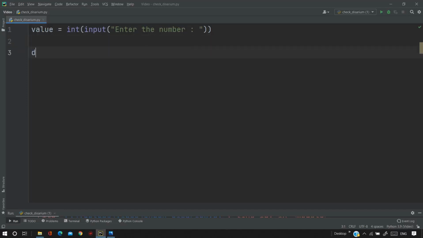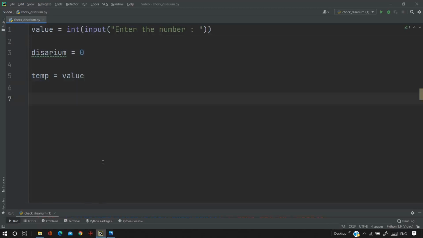Here we have to create a variable desarium and initialize it with 0, because it will store the value that comes after the calculation. After that we simply check this value against desarium. If they are the same, the number is Desarium. I am going to create one more variable which will be the same as value, and in the whole code we will use this variable temp, not the main variable value, because we don't want to change it. At the end we have to check whether both are the same, so whatever change happens will go in the temp variable.